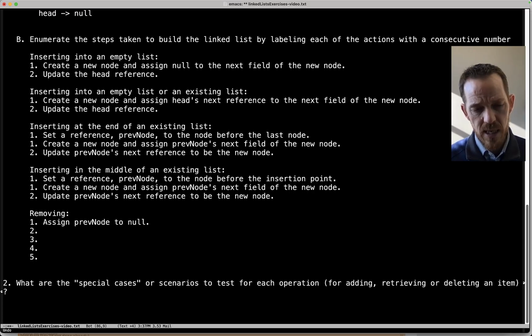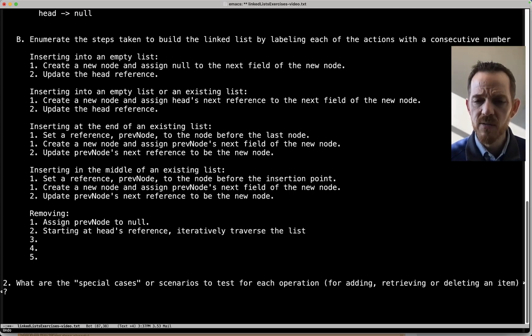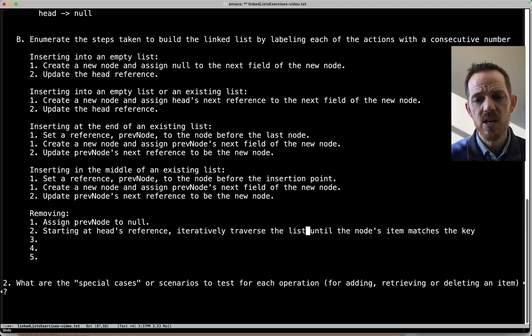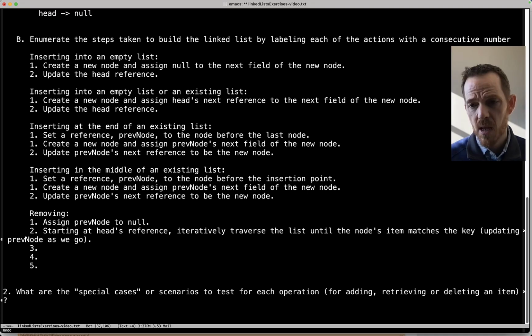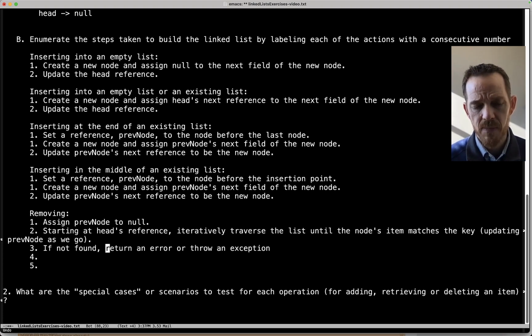First, let's initialize previous node to null. Then starting at the head reference, what we want to do is iteratively traverse the list until the node's item matches the key. And we're going to update prev node as we go. Now, if it's not found, then we're going to return an error or throw an exception depending on what our use case is. So assuming it's found then, if the prev node is not null, and we'll cover otherwise in the next step,